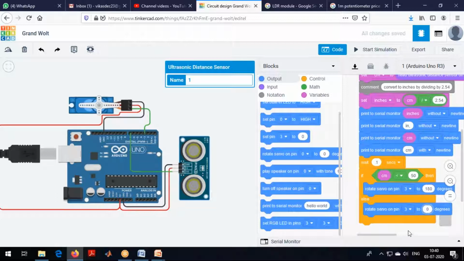I hope you understood the concept. First we are trying to get values in centimeter and inches, then I am checking the condition. If below 50 centimeters you are opening, else you are closing. Let's start simulating.